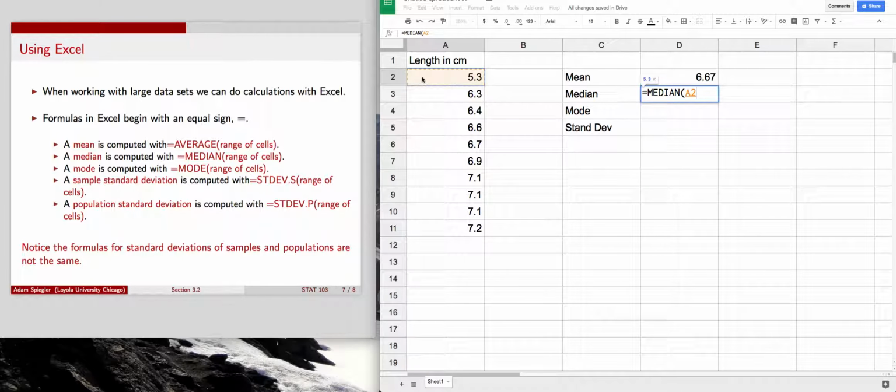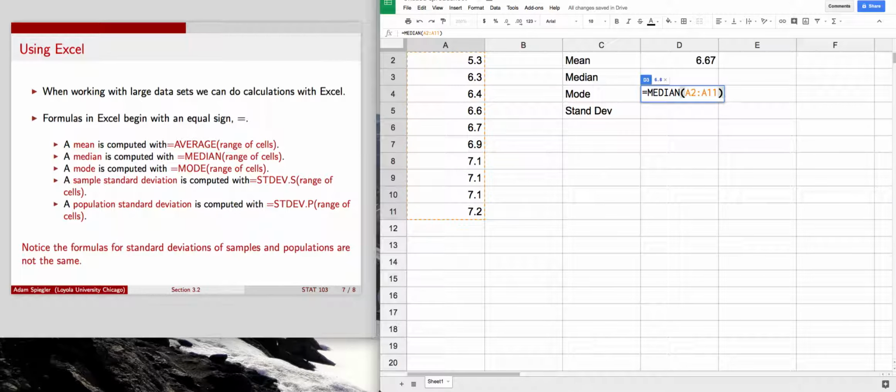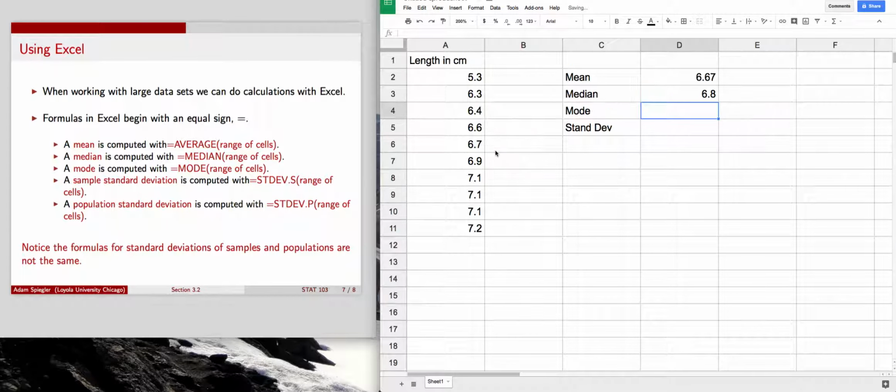Now I can click on cell A2, and I see that that is entered into the formula. And as I scroll down, I see that we're going from A2 all the way up to A11. Once I've highlighted the cell range that I want, again, I need to close this formula off with a right parenthesis. And now I click enter, and we can see that the median of this data set, the midpoint, is